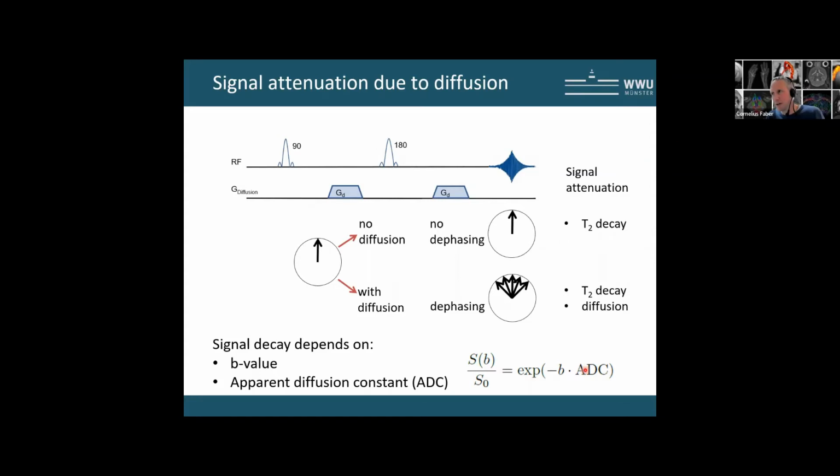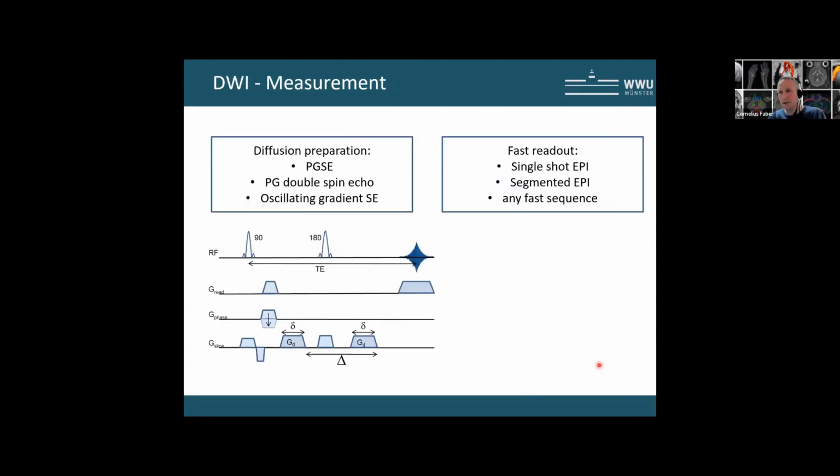This is very hard to measure, in particular in vivo. So we call this the apparent diffusion constant. So the signal is attenuated by an exponential term with minus B value times the apparent diffusion coefficient. And the apparent diffusion coefficient is, so to say, the diffusion constant that we can measure in vivo. It's not the pure physical constant because there are other processes playing into it. Okay, now,